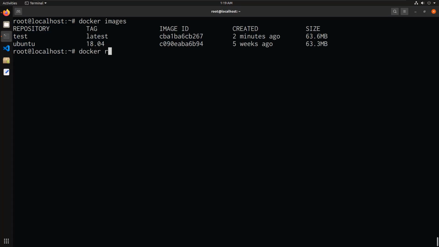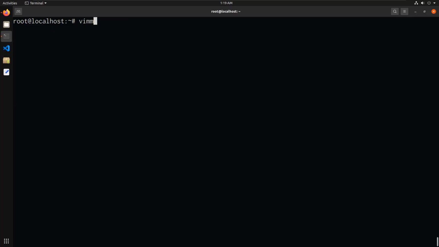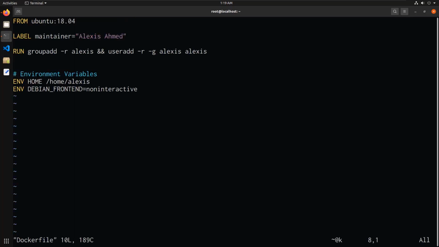So I'll just say docker rmi, so Docker remove this image, and we'll just put in the image ID there, and that's going to get rid of that particular image. And then, of course, as I said, we can modify the Dockerfile to lock or block access to the root user completely. So for example, I can say immediately after this,